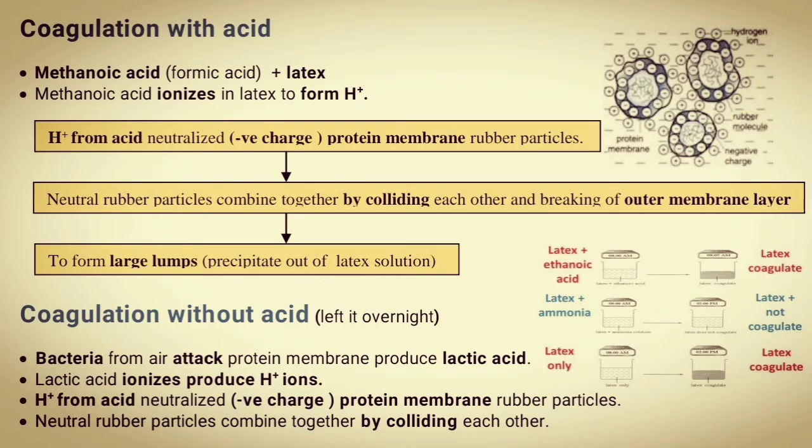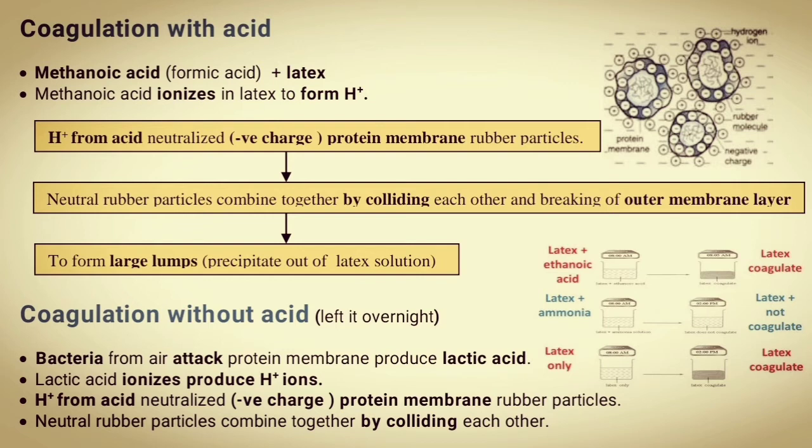An acid such as methanoic acid, or formic acid, is added to make the latex coagulate. Hydrogen ions from the acid neutralize the negative charges on the surface of the membrane. So, a neutral rubber particle is formed. When these neutral particles collide with each other, their outer membrane layers break up. The rubber polymers are set free. The rubber polymers start to coagulate by combining together to form large lumps of rubber polymers, which then precipitate out